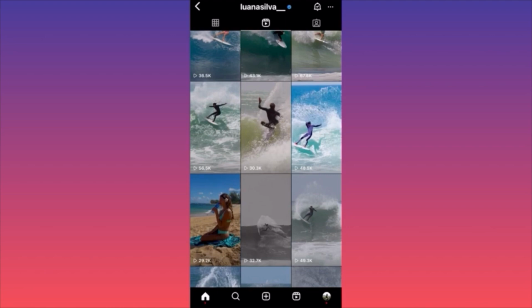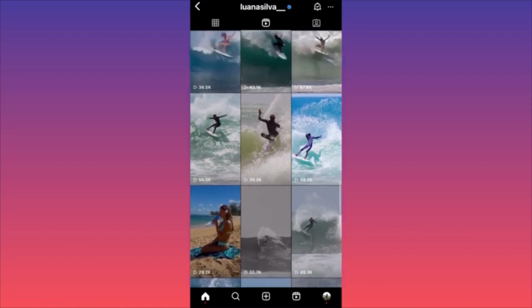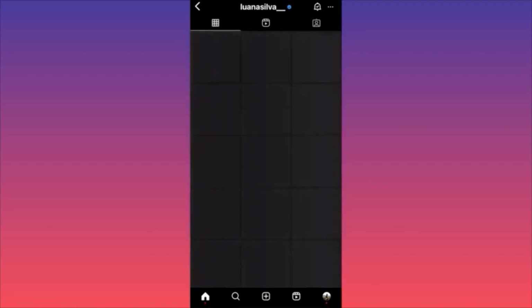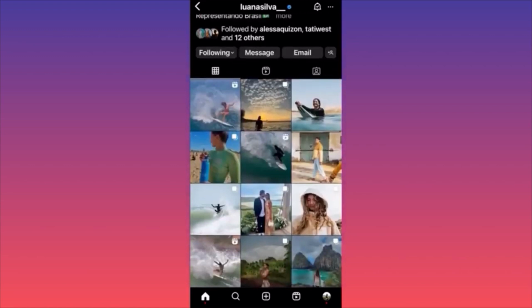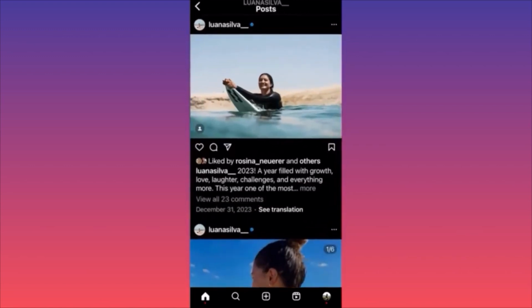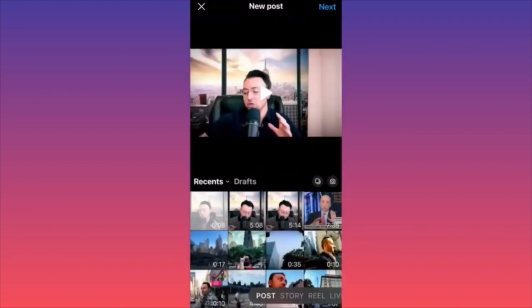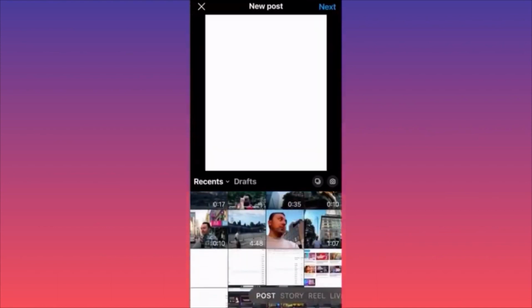So for example, I can go over here, right? We don't want to share reels. Let's go over her pictures. Let's say we want to share a picture of something like this. You want to repost this picture, and then create a brand new post with a carousel. You click on the plus sign, and let's say we want to put her picture, and then we select the double square over here, and we add 3-4 different pictures with our products, or we can add 3-4 different pictures with, let's say, weather conditions about surfing, something about surfing, like quotes about surfing, some